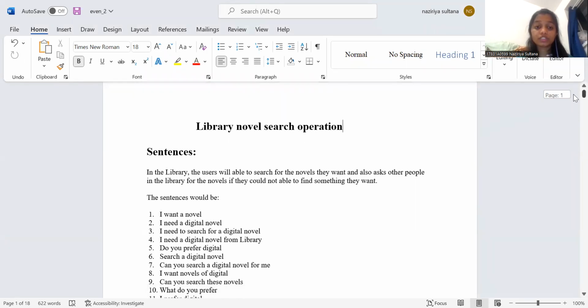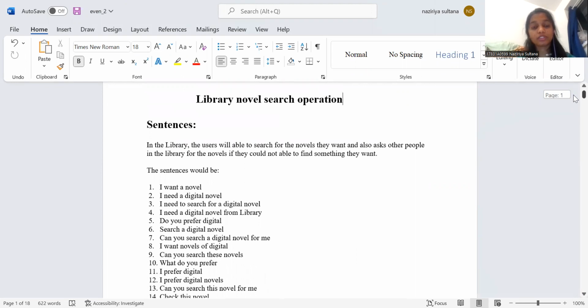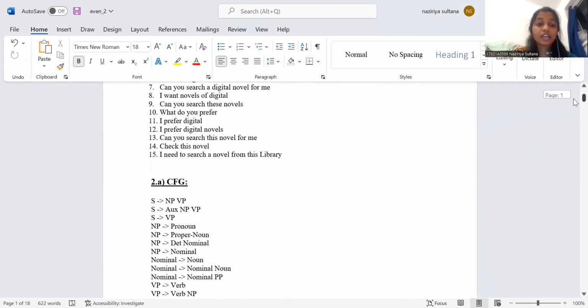Do you prefer digital? Search a digital novel. Can you search a digital novel for me? So these are some of the sentences which customers, or the persons who visit the library, will be asking for different kinds of novels. And in the CFG we write that